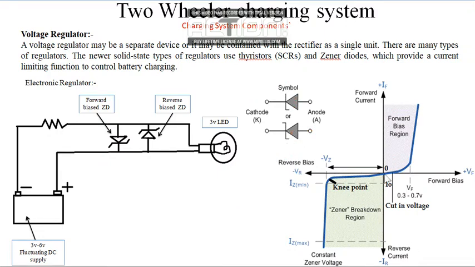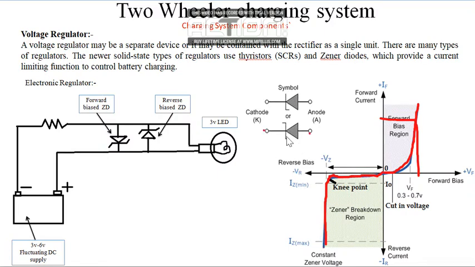So here we can see on the VI characteristic, whenever it is forward bias, the voltage and current increase with respect to each other. But whenever we keep the Zener diode in reverse bias, at the initial point, as voltage increases, the current flowing through the Zener diode is very negligible or close to zero. But as soon as the voltage touches its Zener voltage value, the current value increases suddenly. It allows current to flow through it, but the voltage is not changing. The voltage is maintained at the Zener voltage across it.